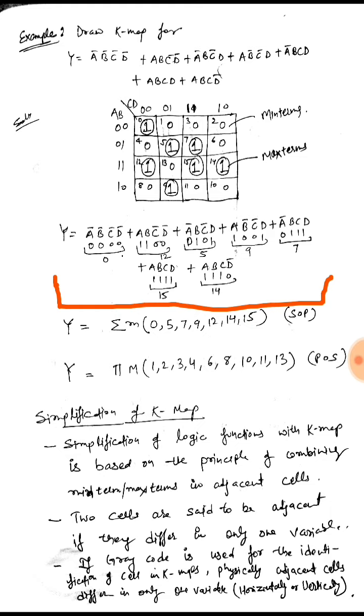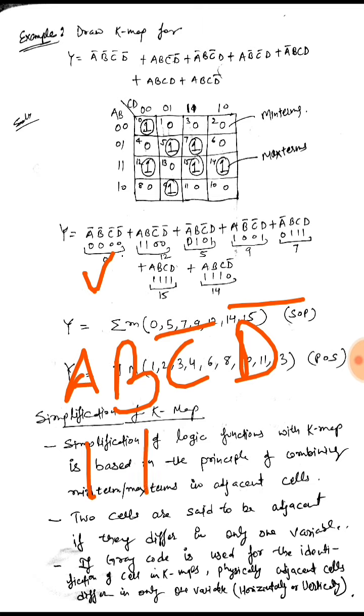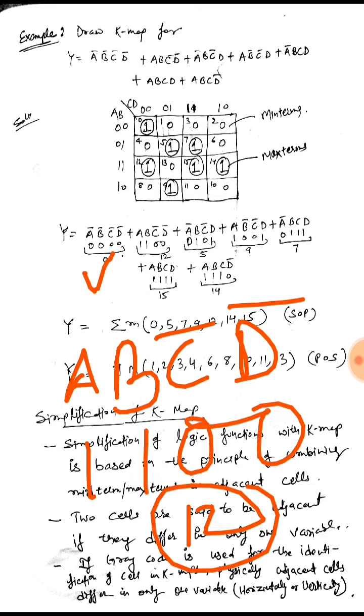So it would be 0 0 0 0, as a bar would represent a 0, b bar would also represent a 0 in a max term. So since all the variables are 0, this would be the first cell, that is 0. Similarly, for the second term it is a b c bar d bar, that is 1 1 0 0. So it would be 12, that is, this max term will correspond to the 12th cell.